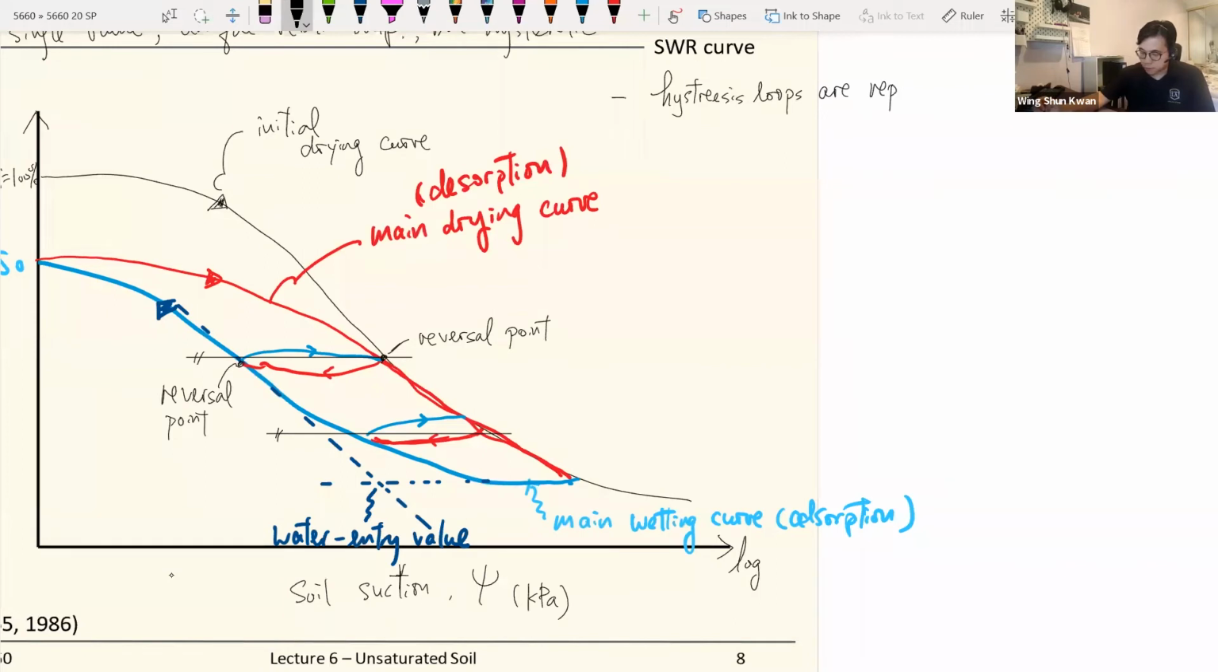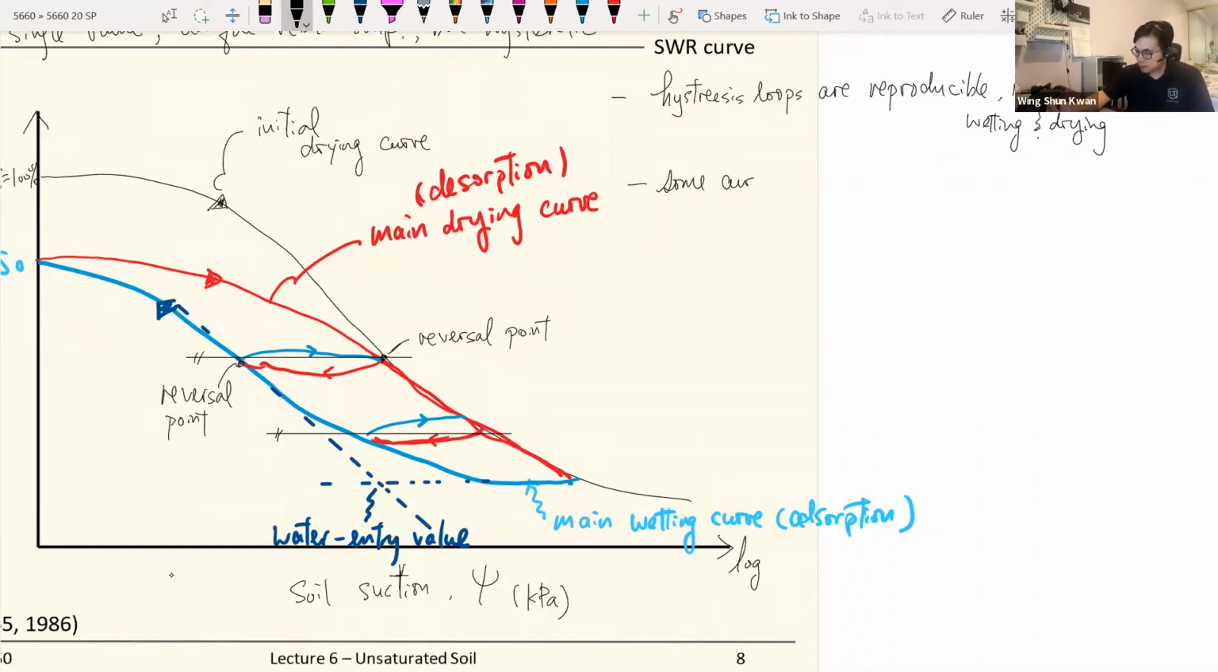They're reproducible. You repeat it by wetting and drying, or drying and wetting. The water comes in and comes out, and we expect the degree of saturation to cycle back and forth. And throughout this hysteresis phenomenon,